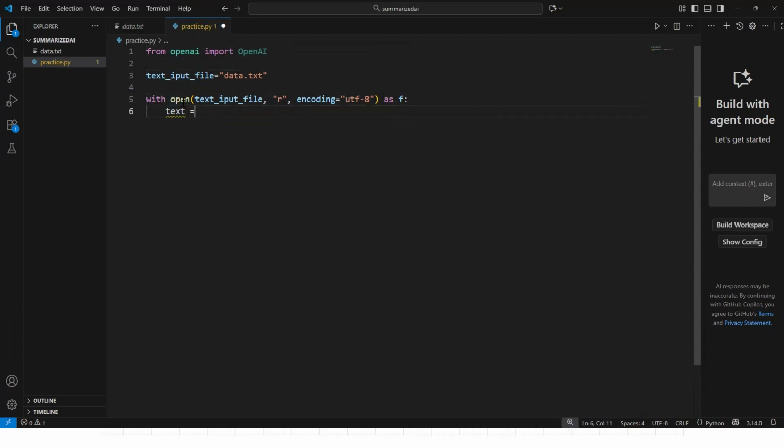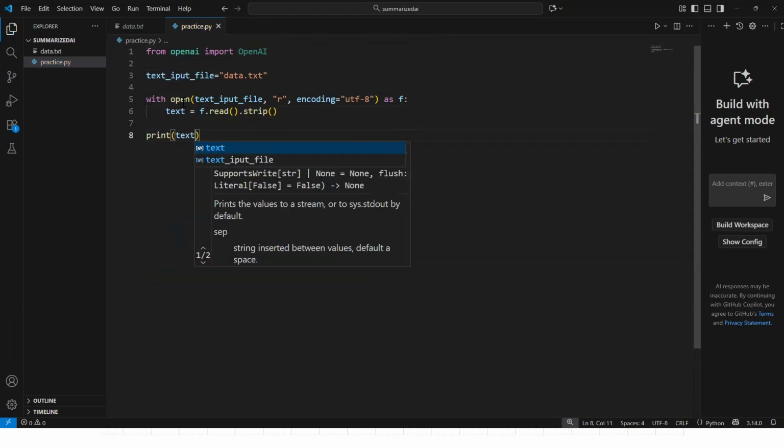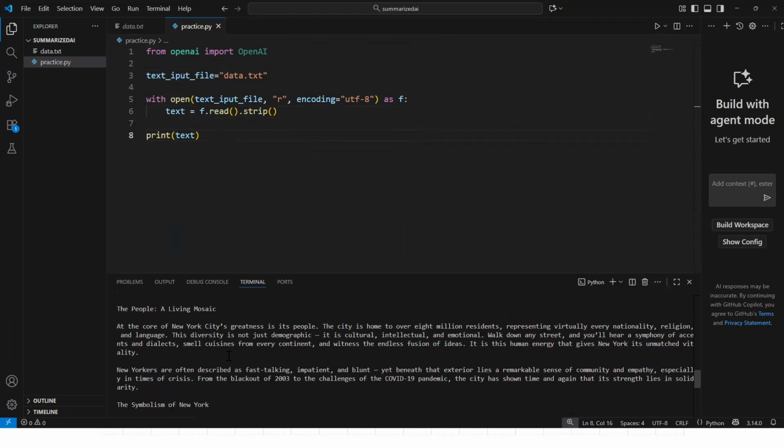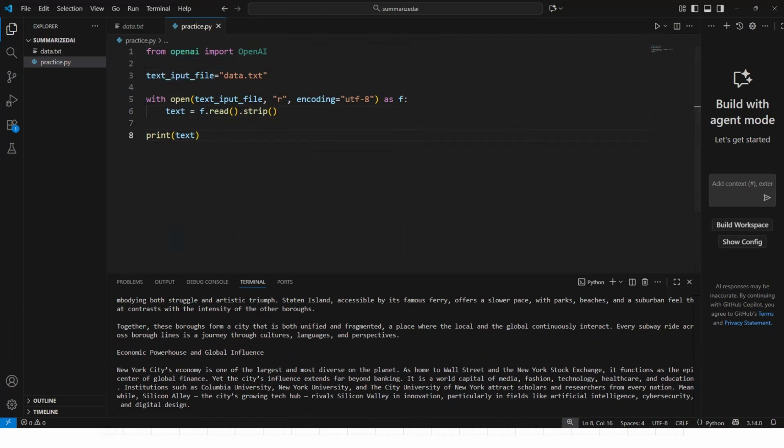equal to f.read().strip(). So we are going to strip this file after reading. Now if I output only this text, let's see what we get. So text. Great. Now if we get the output, we can see we are able to read this file. Now we have to